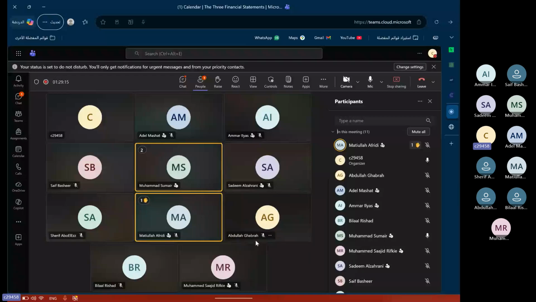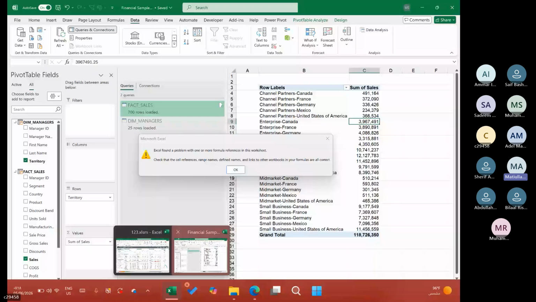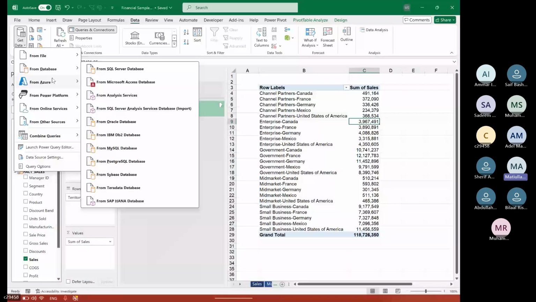Yes, Mr. Afridi. Thank you so much for the detailed description. It's very useful for FP&A. I have multiple questions, but I just need to ask one regarding today's session. Is it possible to connect the data directly from the database? One of the colleagues said that he needs to extract data from Microsoft Dynamics each month. So is it possible to connect directly to Microsoft Dynamics or any ERP software? Yes, complete, please.